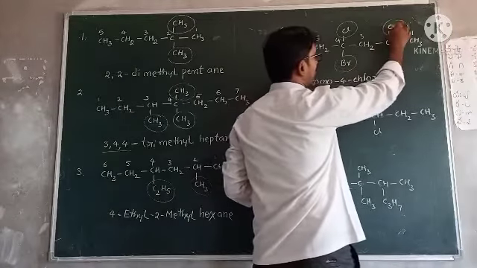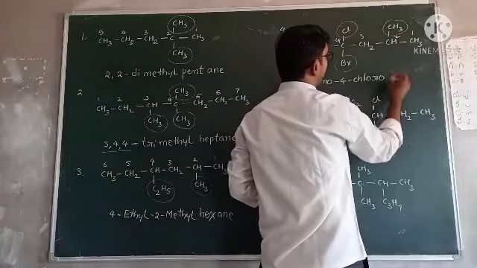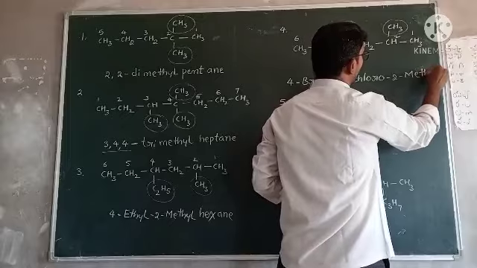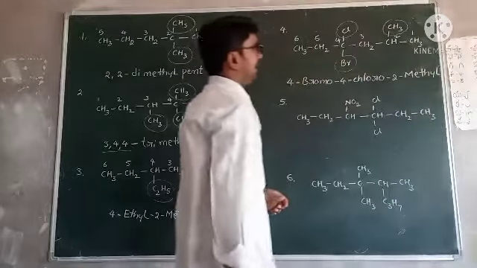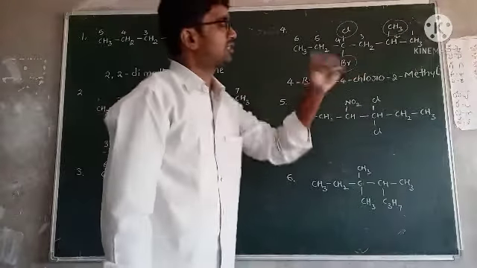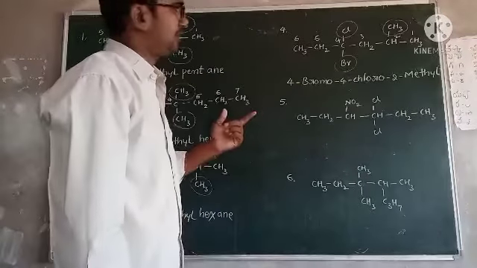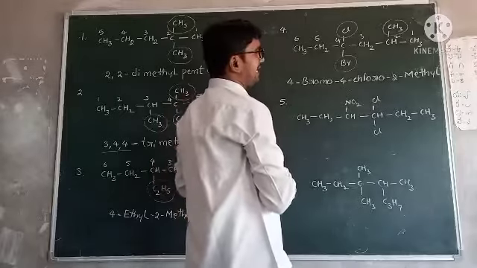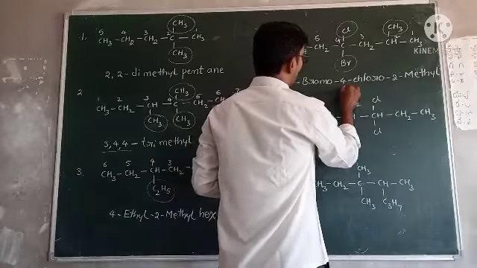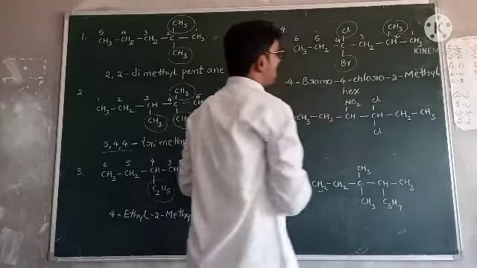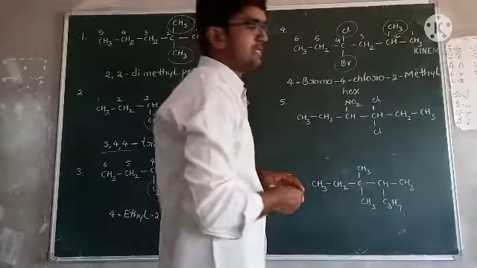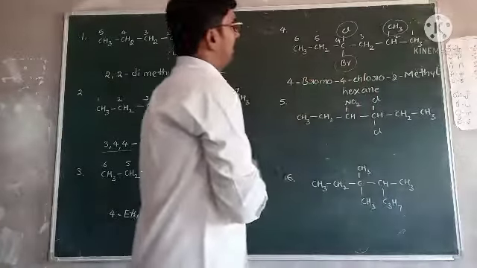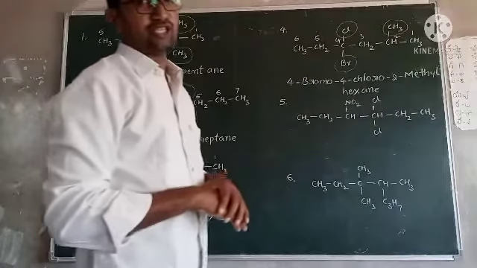Completed. Third one, another substitute is also there, that is attached at the 2nd carbon. So 2 methyl. Okay. So first substitution part is completed. Next one is number of carbons. How many carbons are attached to the main chain? 6 carbons are present. So hex. And what type of bonds? Only single bonds are present. So AN. Last one, functional groups. There is no functional group.